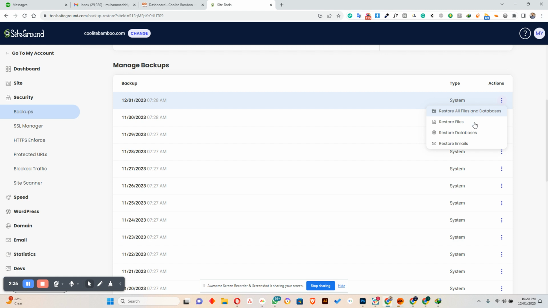If you see that some files are corrupted, you just click on this and all the files are restored from the backup. If you think it is a database issue, you can click on this. And if you don't know what the issue is, you can click on this one to restore everything. So let's suppose